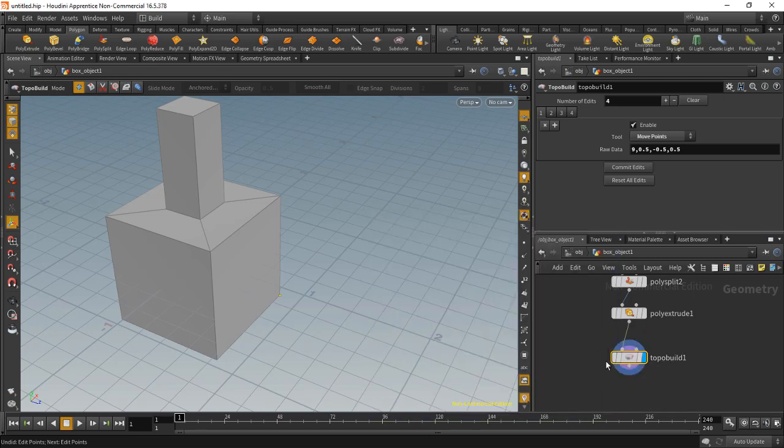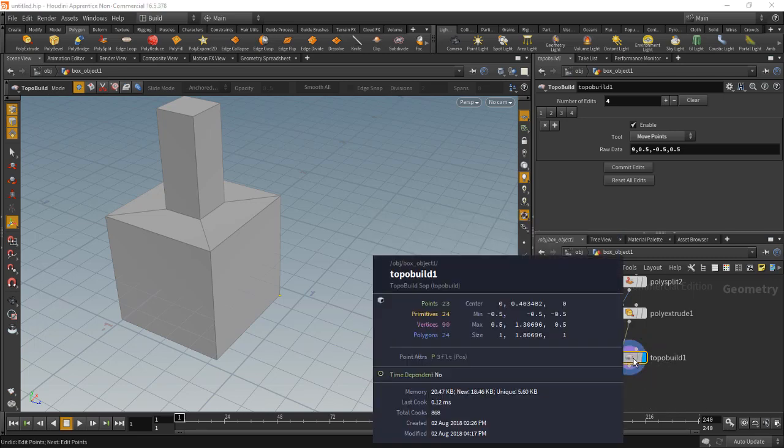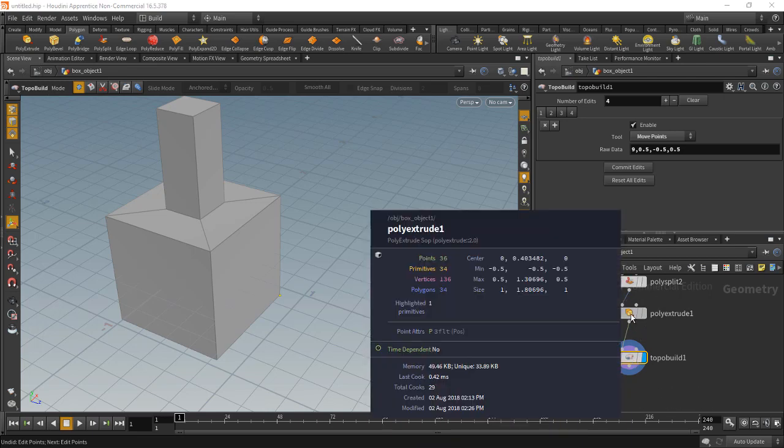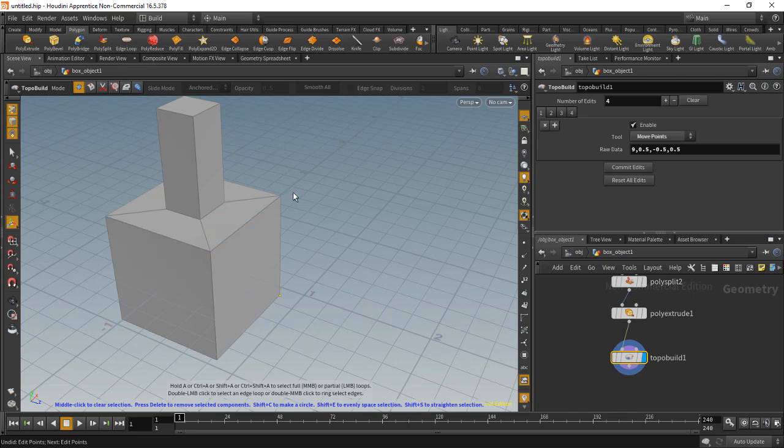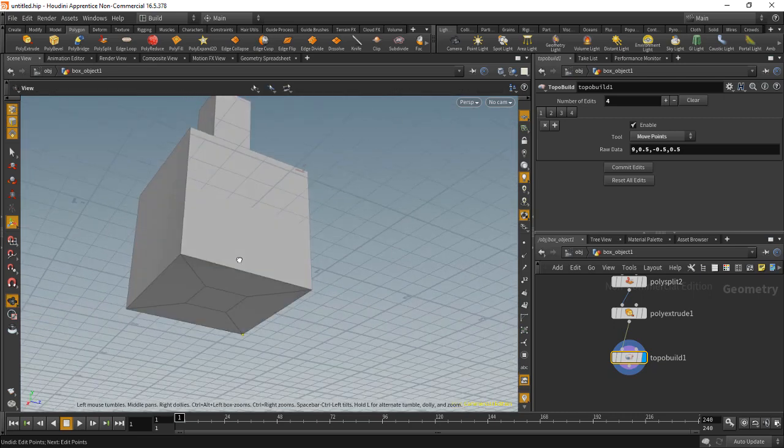But in this TopoBuild right now we have 23 points, vertices has been reduced to 90, primitives has been reduced to 24. Okay, so again, points has been reduced as well, so we don't have to go and merge or use the fuse node to fuse points together. That's not the only thing though. If I undo